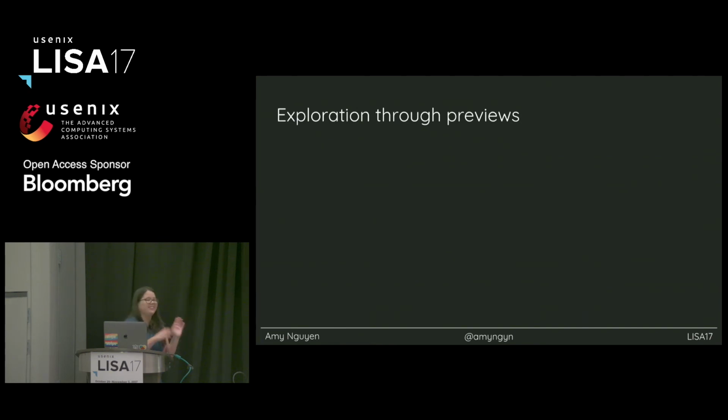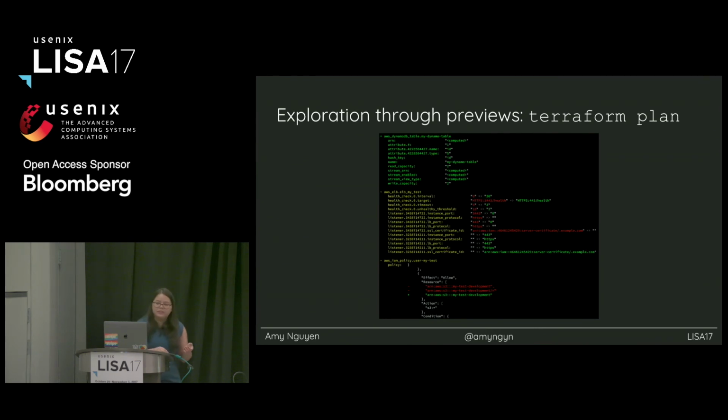And then I'll keep this one short. I know that it's less heavy than accessibility, but previews. The last thing about exploration. One tool I really like that does previews well, in my opinion, is Terraform. You can write your code out, you can plan your infrastructure, and then when you're done, it'll give you a diff of what's going to get deleted, what's going to get added. I know the color coding isn't great in terms of accessibility, but you can see what's changed. I think that's a really neat way of building a command line tool that lets people explore without being afraid.